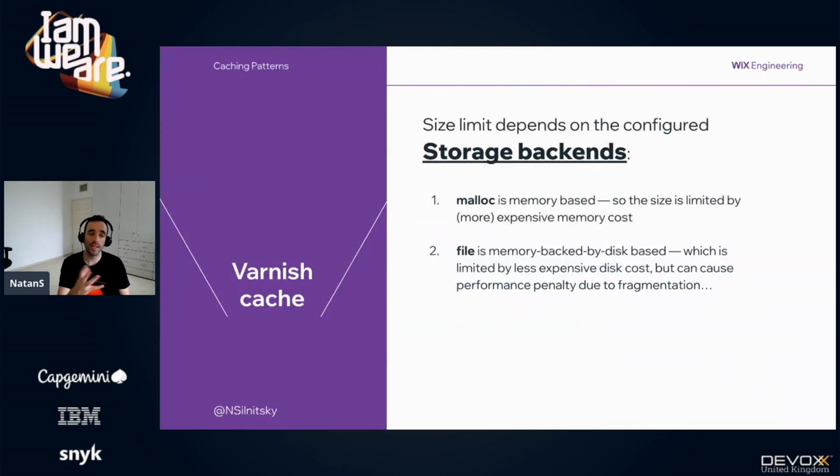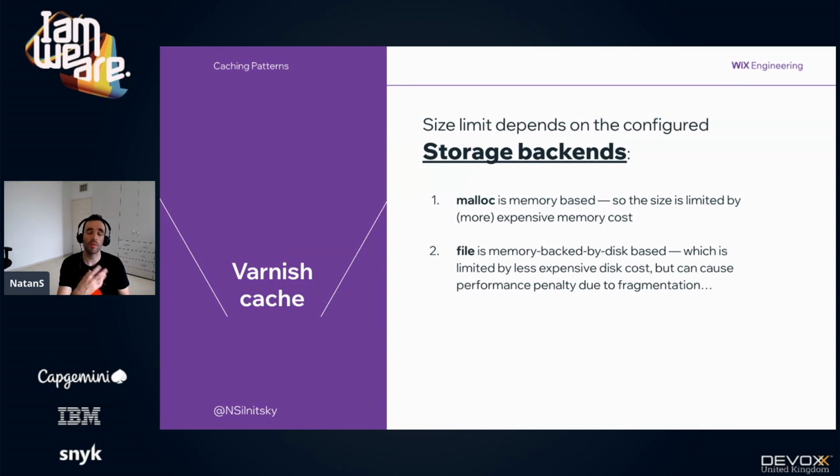And let's talk about size limits in terms of Varnish cache, because we are talking about usually a huge scale of traffic. So you have a few options. We have the memory-based option, which means that all the Varnish cache is put in memory, but that means you're probably going to have to pay a lot to have big memory provided to you by your cloud service. Now, if you want a less expensive option, you can use file-based storage,